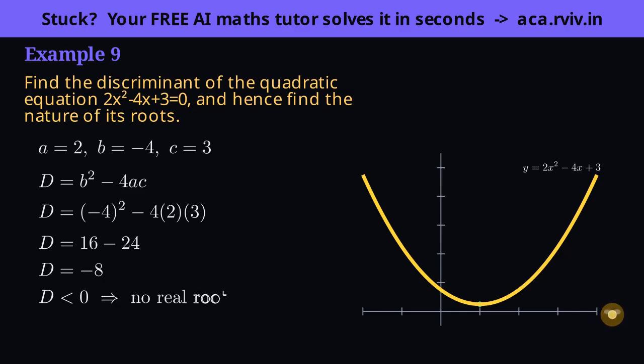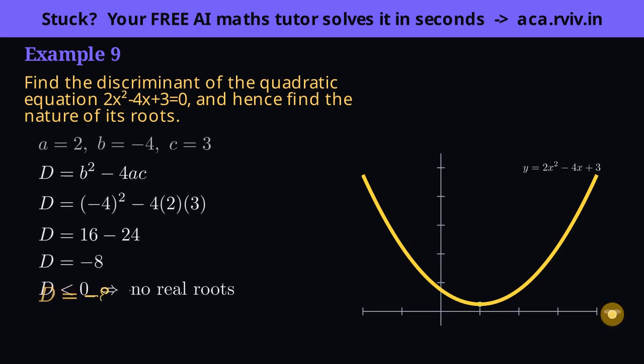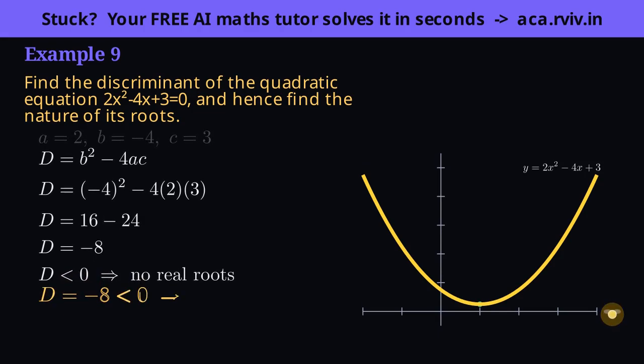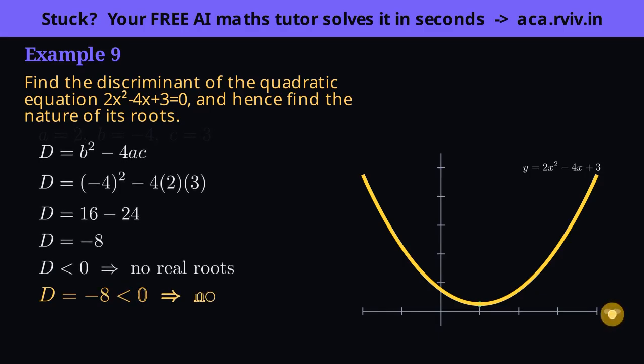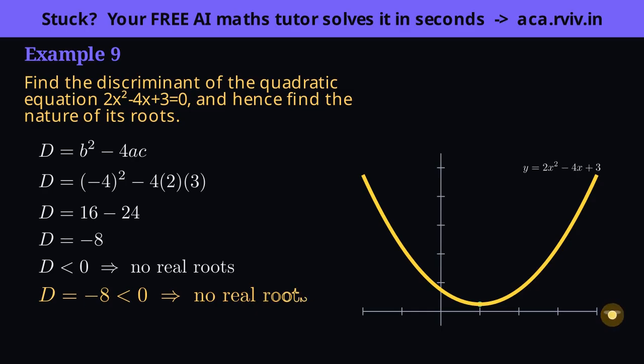Picture it as the parabola floating entirely above the x-axis, never touching. This is the discriminant's whole gift, one quick calculation, no solving, and you already know the count of real roots. Positive gives 2, 0 gives 1 repeated, negative gives none. When a question asks only for the nature of the roots, this shortcut is all you need.